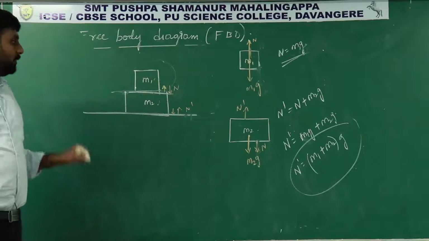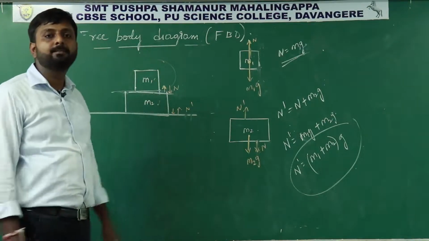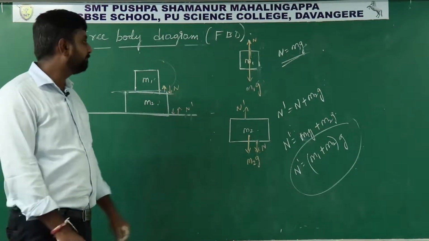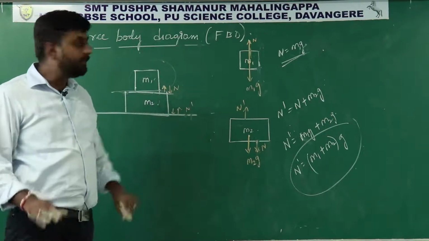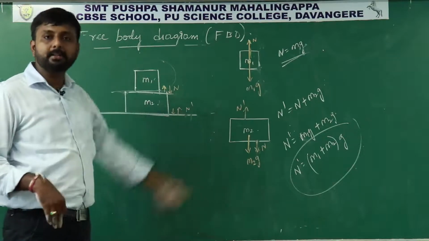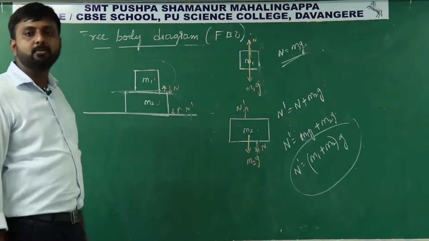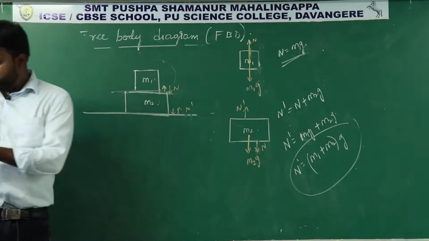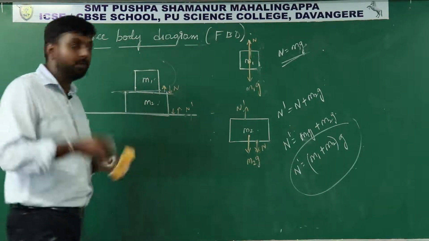I hope you understood. Identify forces acting on the objects or bodies. Okay. Then select your system, like first body, second body. Identify forces acting on the bodies and represent the forces in vector form. Then do the calculation by applying Newton's second law of motion. Okay. So one homework problem or example problem I will give. Try to solve this problem.